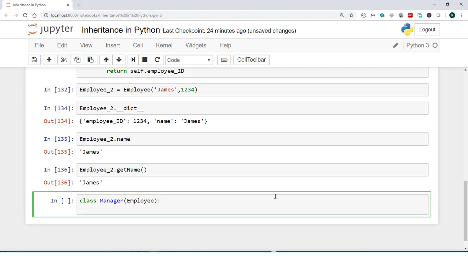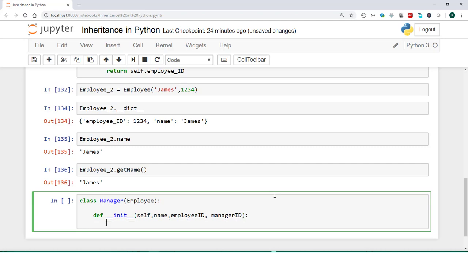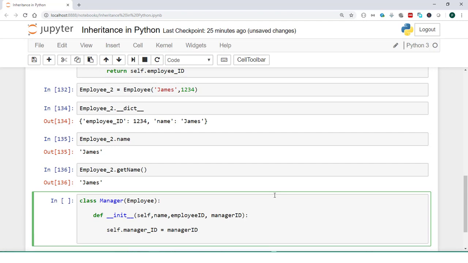Now, inside this class, we are going to define a constructor via the double underscore init double underscore method, which will have self as the first argument and name as the second argument, following which we will have employee ID and manager ID. Now we will have inside this constructor self.manager_ID equal to manager ID,